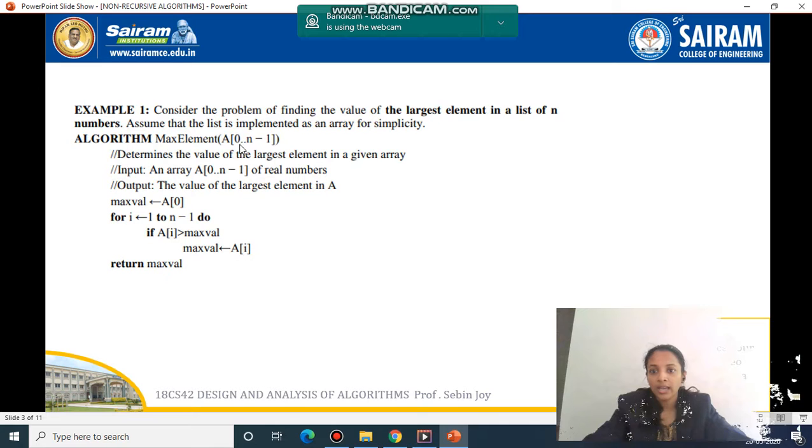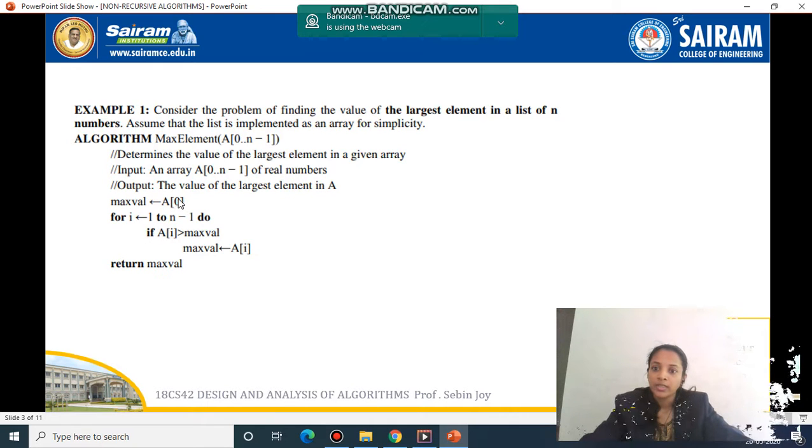So if I declare the array from 0 to n minus 1, determine the value of the largest element in a given array. And what is the input? The array is the input. What is the output? The largest value element in the array is the output. So these are the 3 things you know. What I am doing here is declaring the array from 0 to n minus 1.